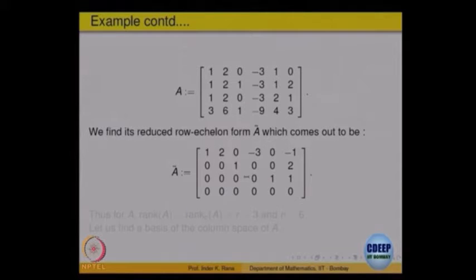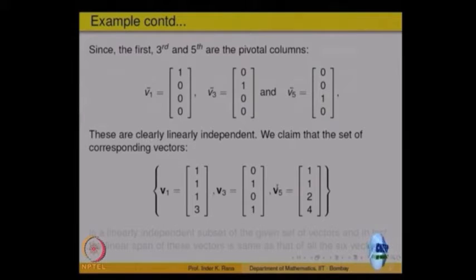What we want to know is where the pivots are coming. So here the pivots come in the first place, P1 is 1, P2 is 3 and P3 is 5. So we will pick up the corresponding vectors in the original collection, V1, V3 and V5. So anyway, here the rank is equal to 3, and the total number is 6. So let us find a basis of the column space. I pick up V1, V3 and V5, those are the pivotal vectors in the original set.